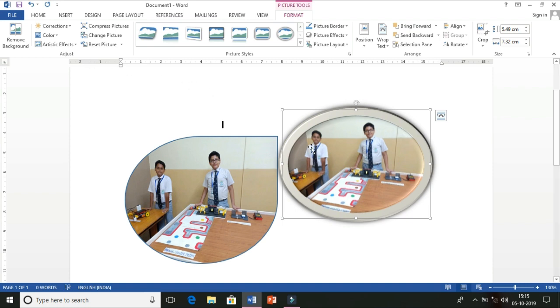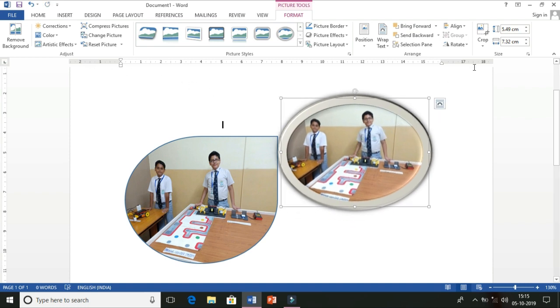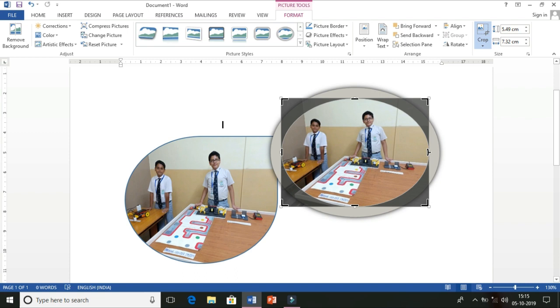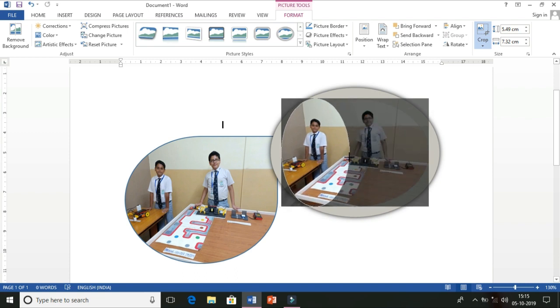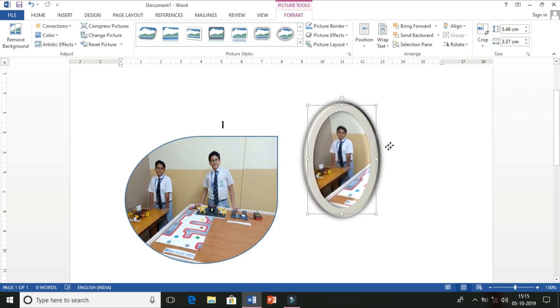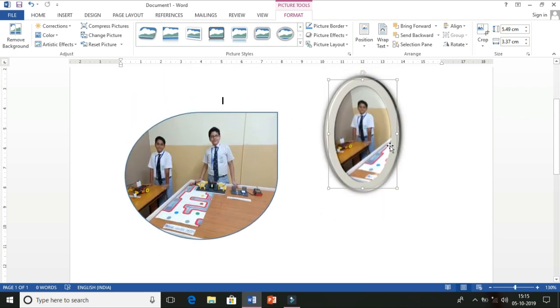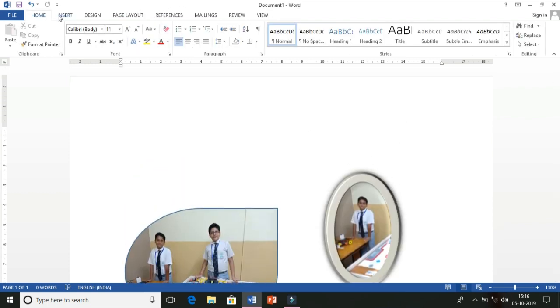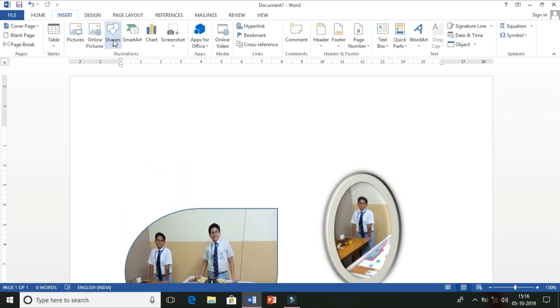Even you can do the cropping, this crop option is also there. Suppose you don't want this part of the photo, in this way you can cut it, then again click on the crop button. So in this way you can crop the picture using this option. So this is all about inserting pictures and inserting shapes.